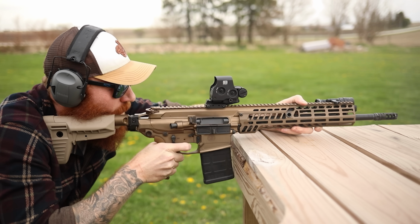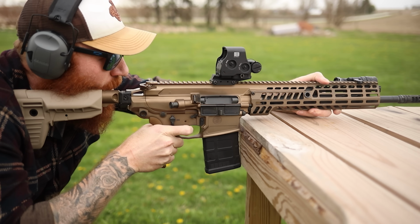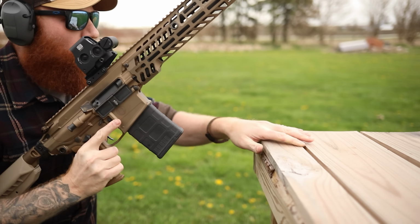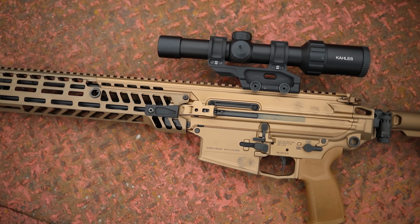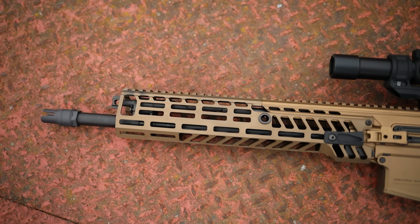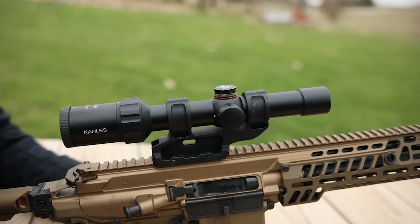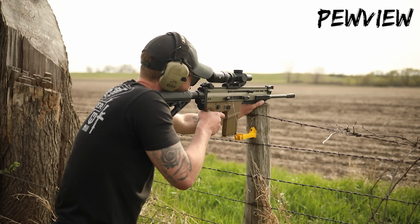DMR role. Now I know the Sig Spear is more of an infantry rifle, but I seriously doubt that's the actual category it's going to fill. I think that guns like this really fit into the DMR role. You know, 20-round magazine capacity. The ammunition is going to be a lot heavier than 5.56, so they're pretty good with a magnified optic. You throw a 1-8 on one of these or a 1-6 on one of these, and you're going to have a really good all-around rifle that hits very hard, goes through barricades, and can take down pretty much any animal